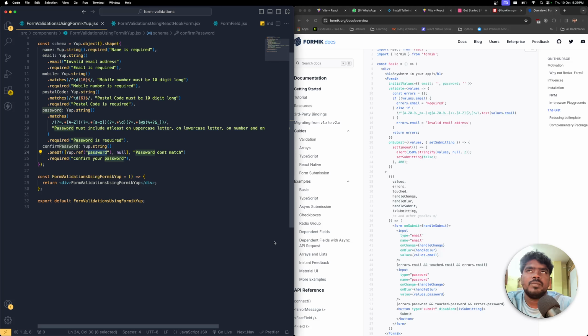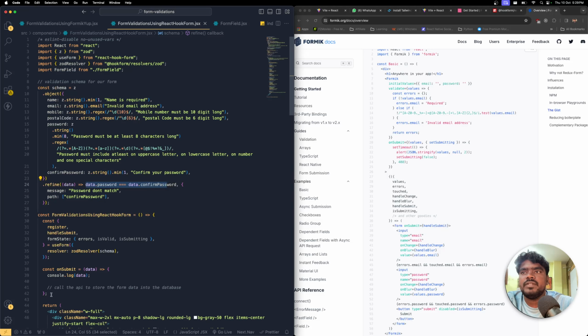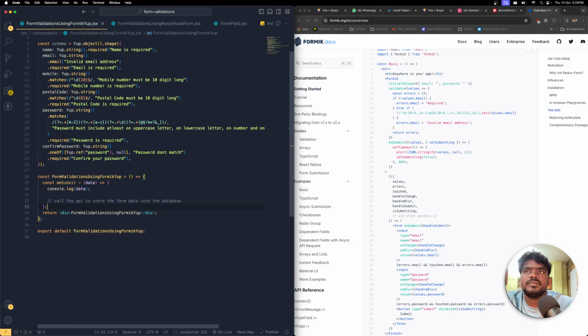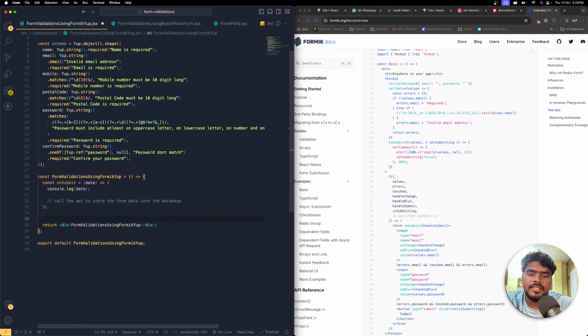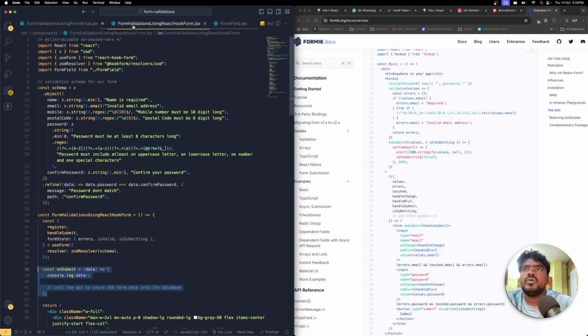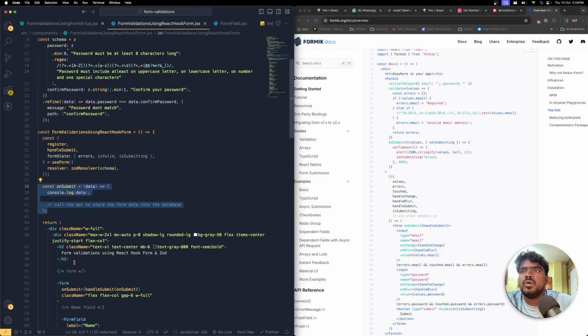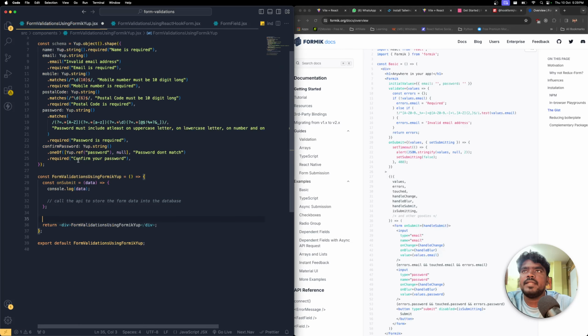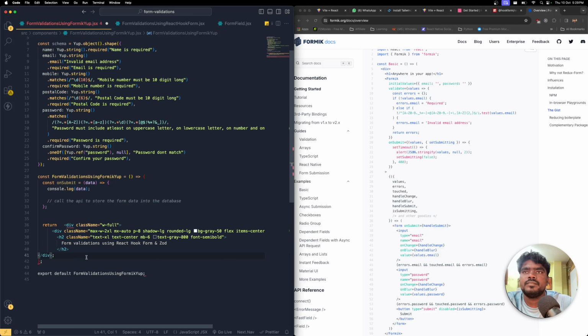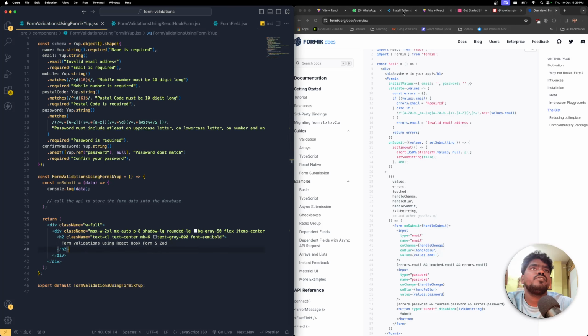So this is all about the schema. Then I need to call this submit event. So I'm going to copy this submit and paste this submit function inside over here for our form submit, right? That's it. We don't need anything at all. That's it, literally nothing. Then what I'm going to do is copy from here and paste it over here. I think one div is missing. Yes, save it. And now if you check it out,